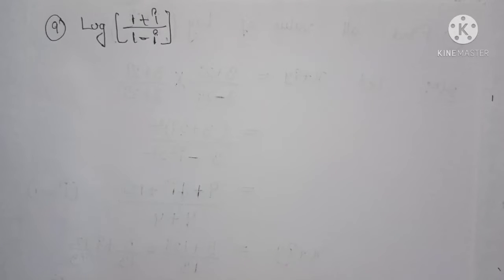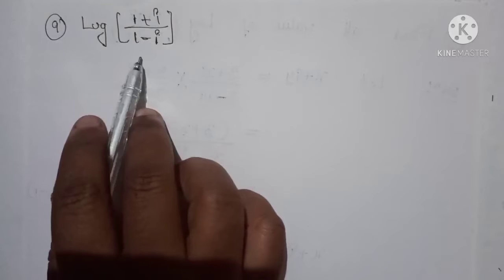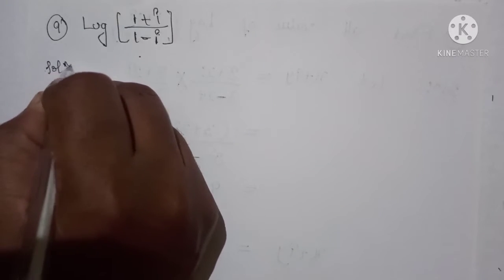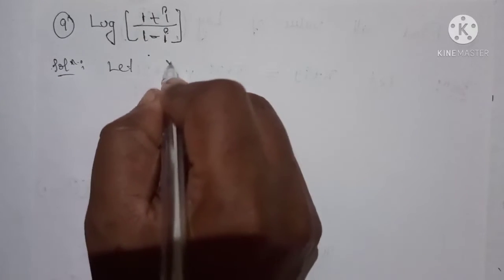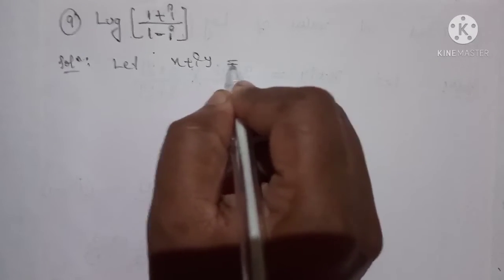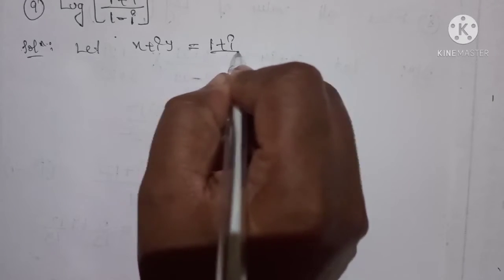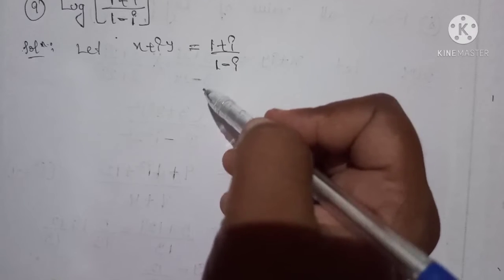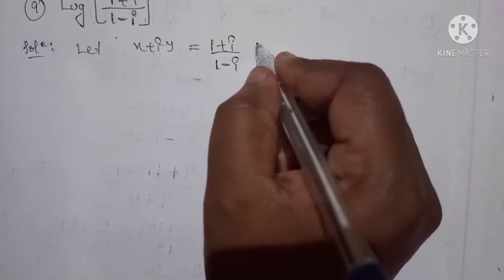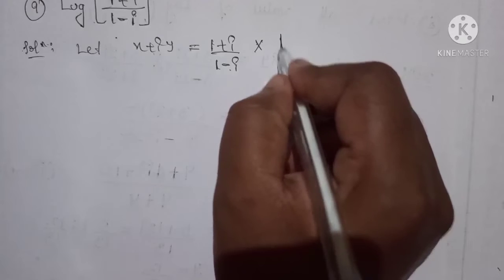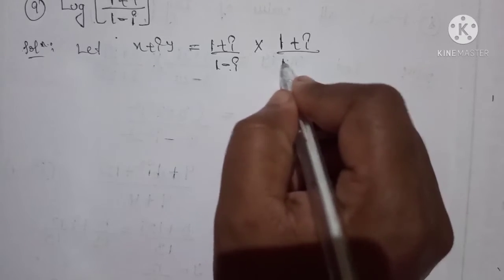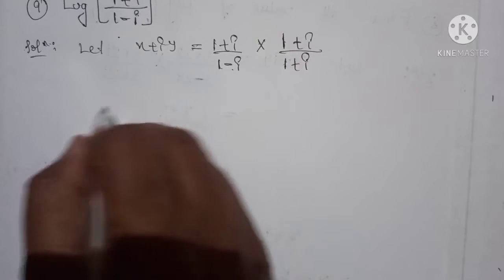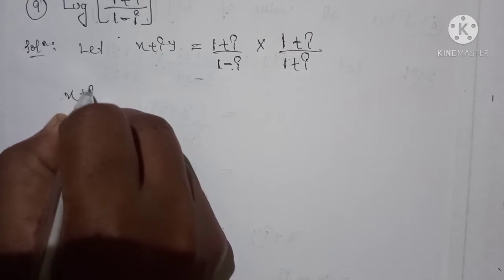Next problem, log of 1 plus I divided by 1 minus I. Let x plus iy equal 1 plus I divided by 1 minus I. So here also it is not in the x plus iy form. First we reduce it into x plus iy form by multiplying it by 1 plus I divided by 1 plus I. So simplifying this one we get x plus iy is equal to